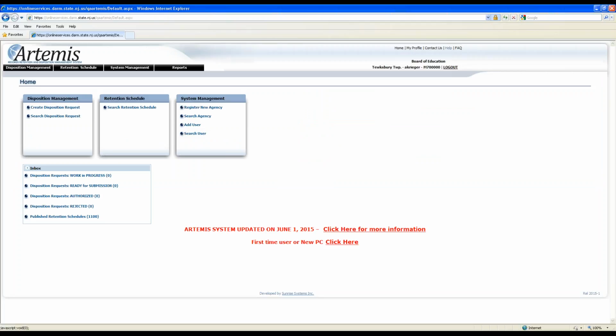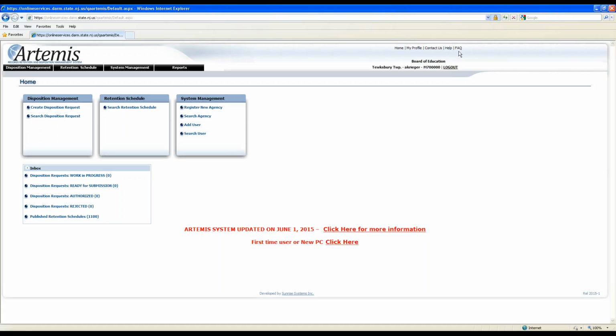Now, this help link will open up our online help manual. I'm not going to open it now because I think it's about 75 pages. It's a PDF manual. But if you want to read about any additional information on the system or functions of the system, there is an index in the front. Open that up, look in the index, find the page number that the information you're looking for is on, and then just navigate to that page. So again, that's how you can get to our online help manual if need be.